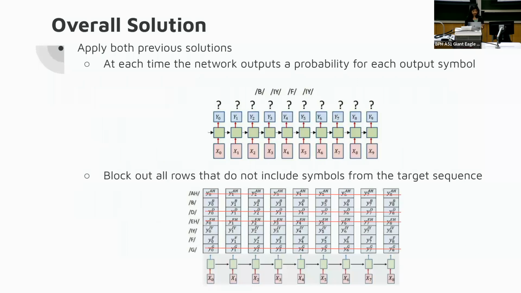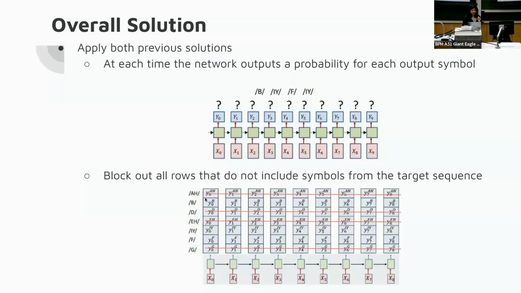So the overall solution is, let's combine both of them. At each time step, the network will output the probability of each output symbol. If you see below this x0, these are the total vocabulary you have, from A to G, and you are calculating the probability for each and every character in your vocabulary. And